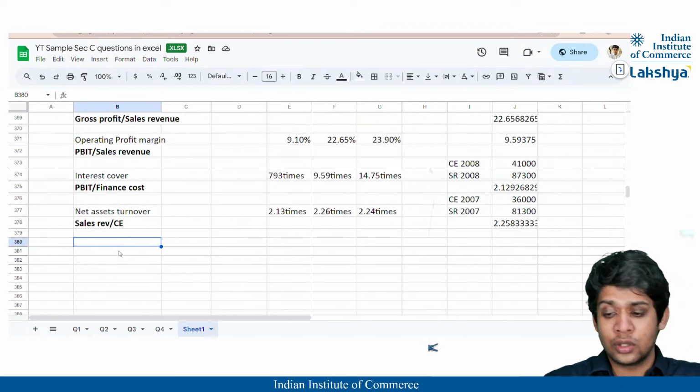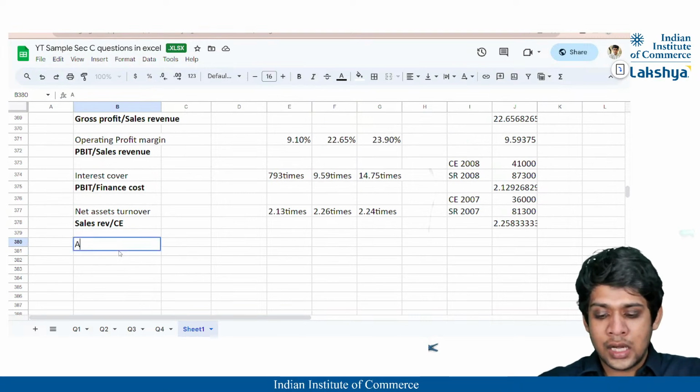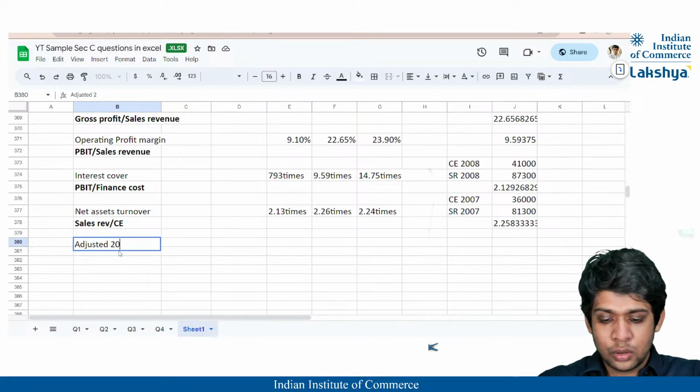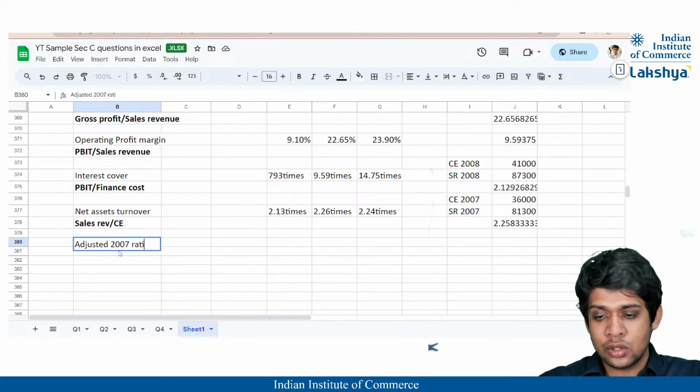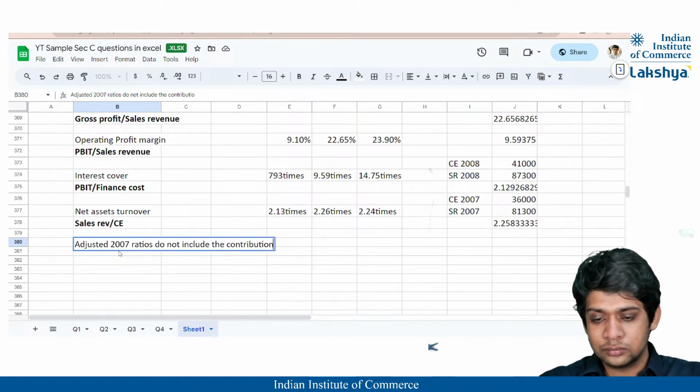So maybe I can say the adjusted 2007 ratios do not include the contribution from the 2007 figures